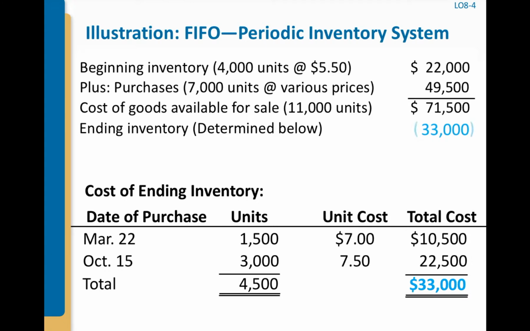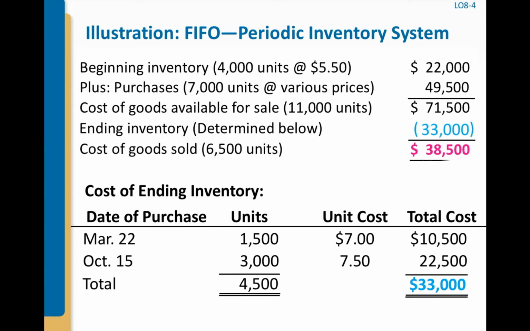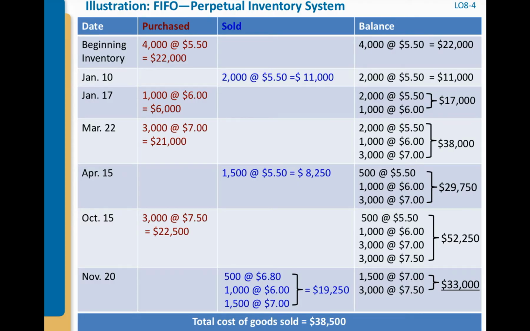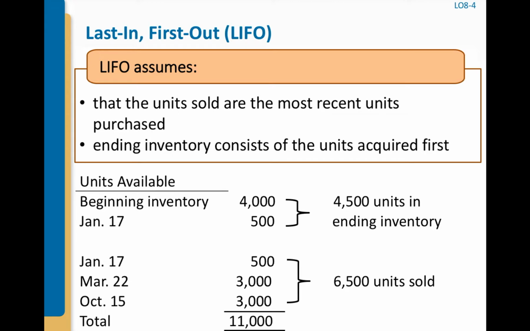Now, that's not true for LIFO or weighted average, so it does make a difference. Remember that under FIFO, the periodic and perpetual will yield the same results. Okay, under LIFO, obviously, since we're doing the very same thing but going from the opposite direction, it's last in, first out,